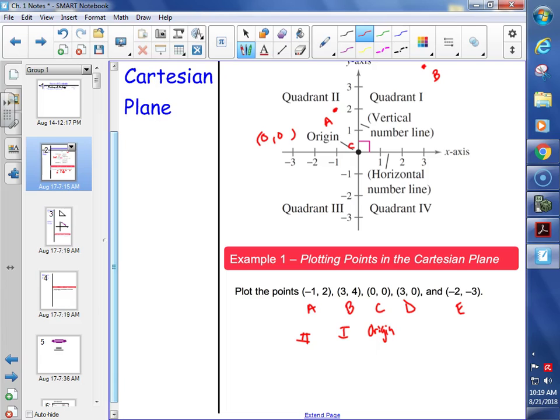D, where's he at? What quadrant? 4? 3? Good. So let's use what Joe said. We can just say it's on the axis, right? Because you're going right 3, but up and down none. So on the axis. Technically, I would call this the positive x-axis. Do you guys know why? It's on the right side. Yeah, as opposed to the left. What quadrant is letter E? Got it. Left and